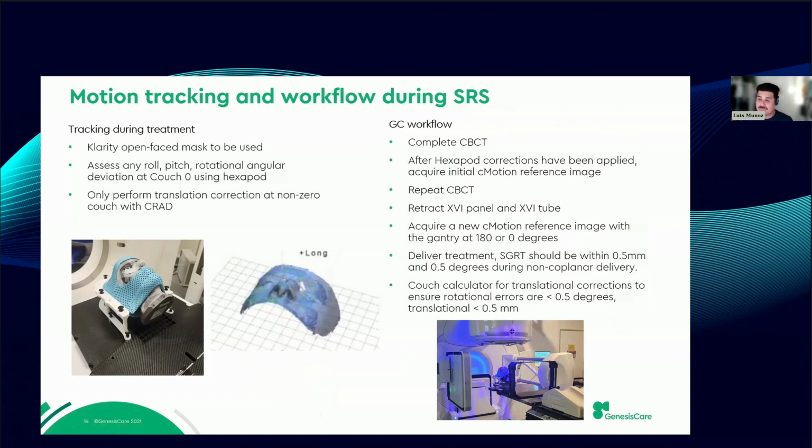using the hexapod itself. So from a workflow perspective, we have the patient set up, complete the cone beam CT, apply those hexapod corrections, and then acquire that C-motion reference image. From there, we repeat and then retract our panels and XVI tube, and then acquire that new C-motion reference image